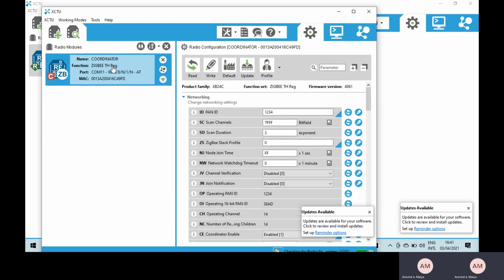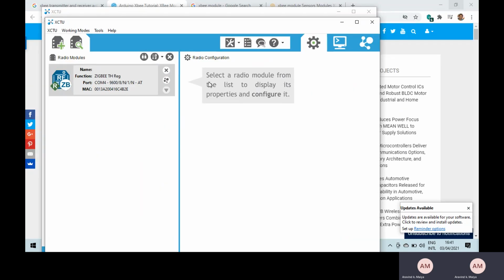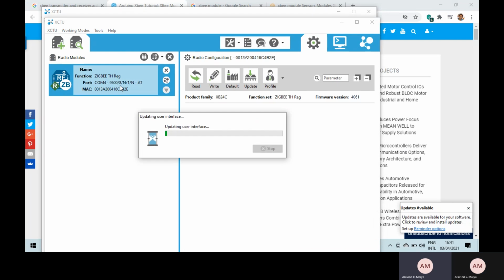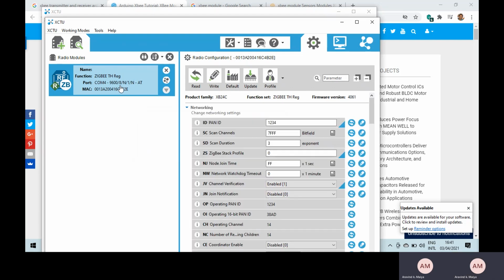Now we have two communication channels here. We have one as the router and one as the transmitter.